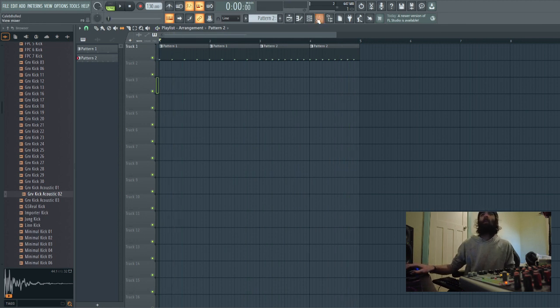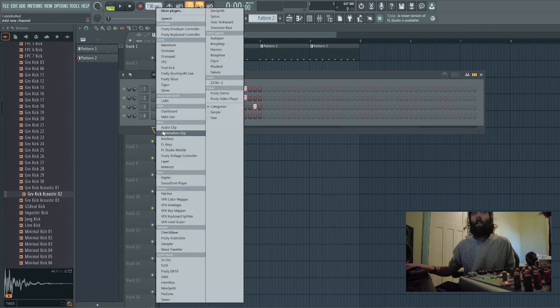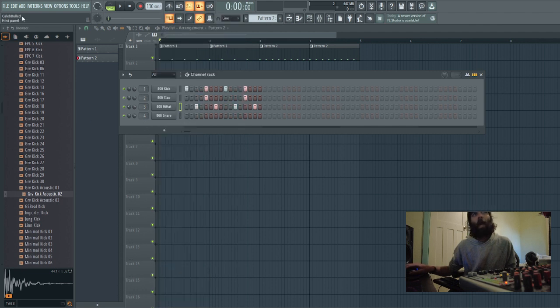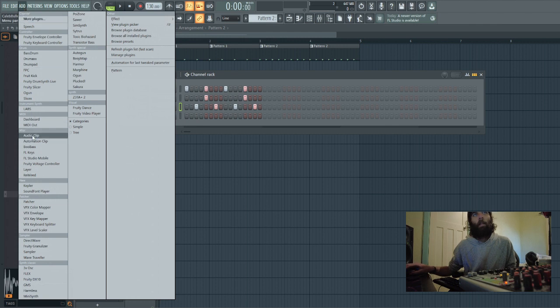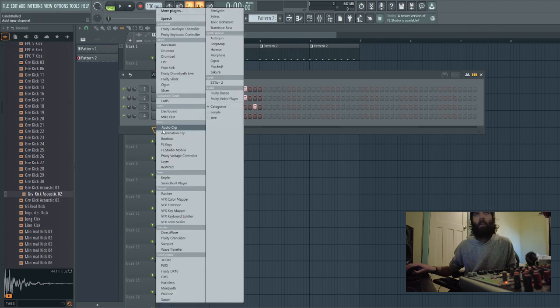If I want to quickly add an instrument in here before we finish this tutorial up, we can come back into our channel rack. We can see that we only have our drums. We can click this plus here, and this will add in a VST of your choosing. Or we can click add, and then it'll show us our VSTs up here. For the sake of the tutorial, I'll do both. So we'll go this plus here, we will add a plucked,